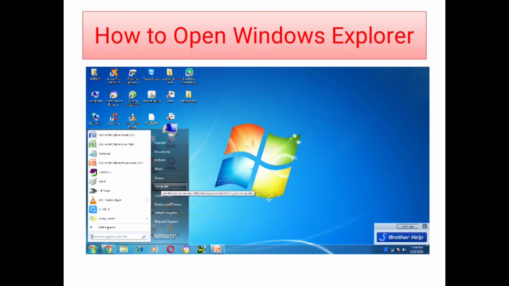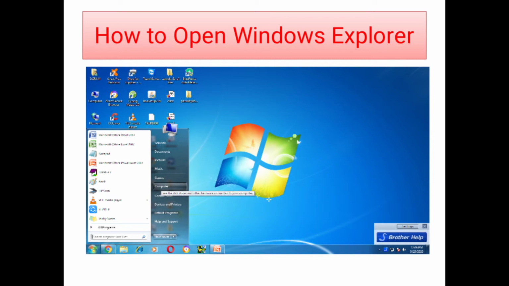First way, click on the start button, click on all programs, then accessories, and then Windows Explorer. Or else the second option is the way I have done it. So see, click on the start button and click on the computer menu that is present on the screen.